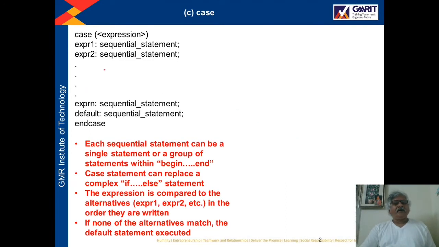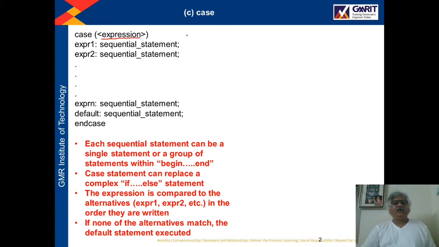Okay, this we already discussed in the last class. The syntax of the case statement is case, then within brackets we have to write the expression. This expression should be a discrete type or an array type. In the last lecture, when we wrote the Verilog module of the 2 to 1 multiplexer, we used a discrete type expression, meaning we used the value of the select line, and the select line value will be only either 0 or 1 in the case of a 2 to 1 multiplexer.